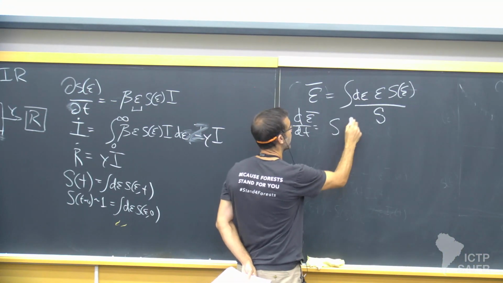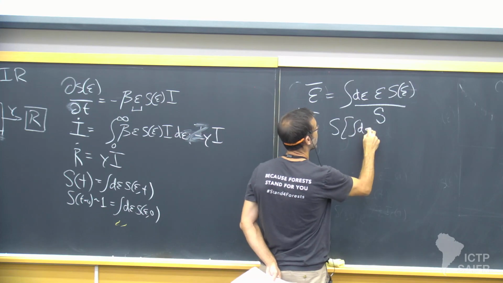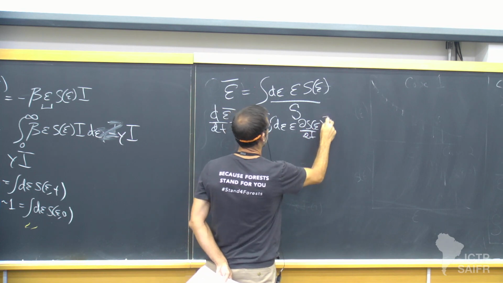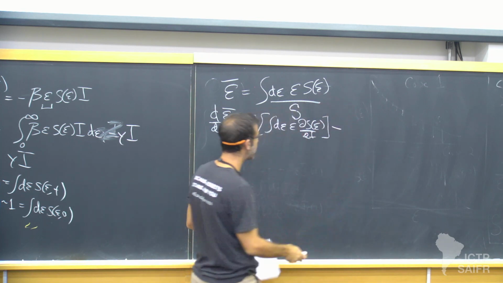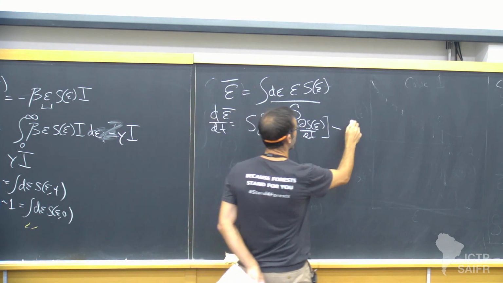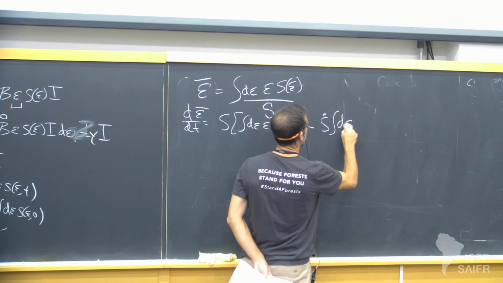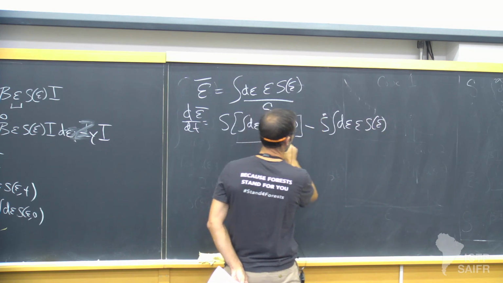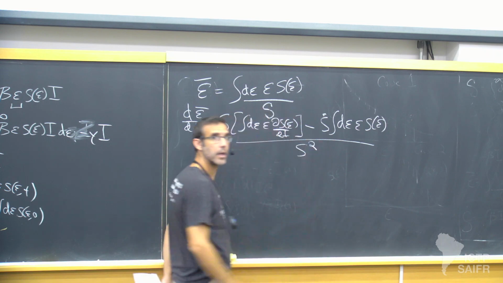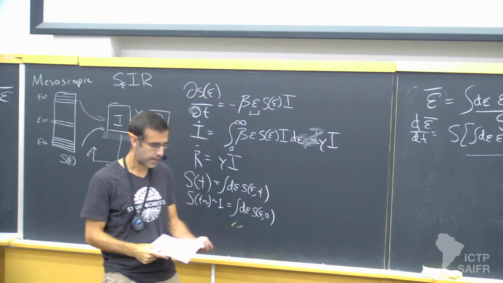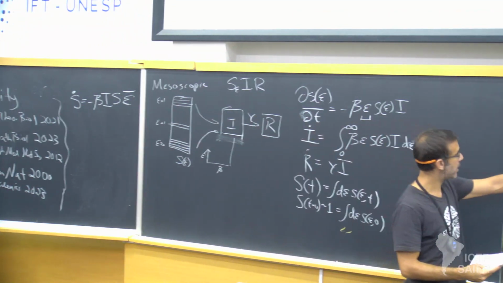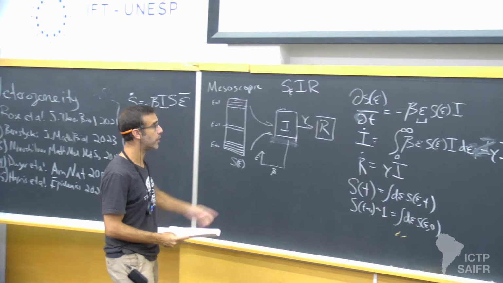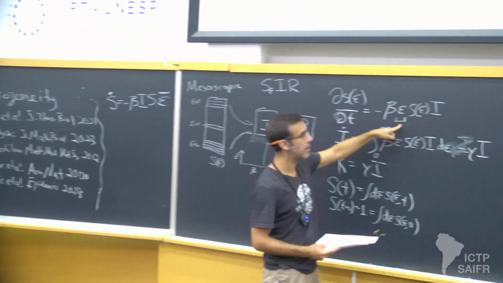So I'm going to take s times the integral d epsilon epsilon minus this thing, but I need to have s dot, and it's all over s squared. Okay? So I've kind of done the standard thing, but keep in mind that we can replace this, hopefully. Oh, no, good, we didn't lose it yet. Here it is. So we know what to do here.